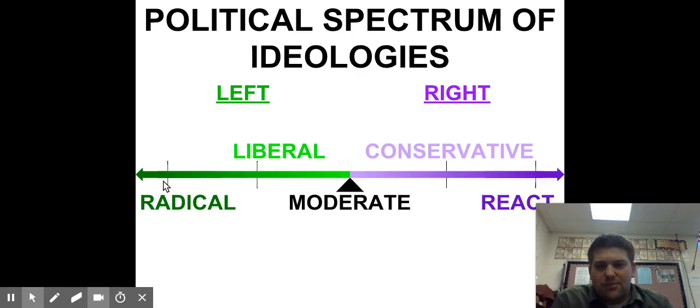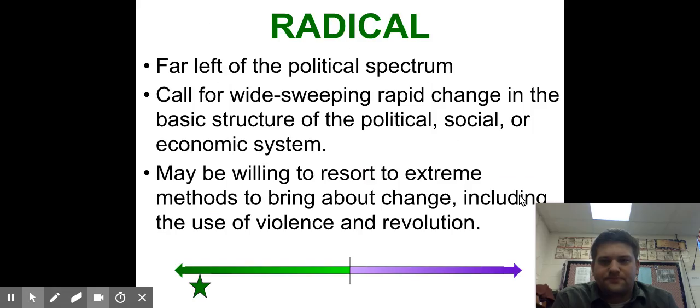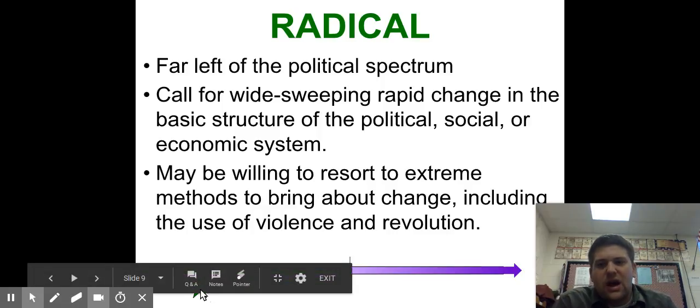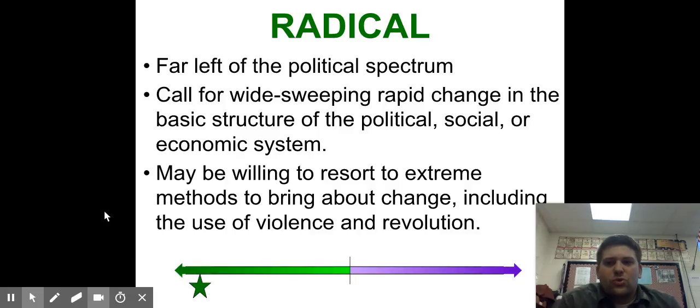So we're going to go through and talk about radicals, liberals, moderates, conservatives, and reactionaries real quick so we can gain a general understanding of the differences between those. So a radical, they're way over here where this star is on the far left side of the political spectrum. And these radical liberals would call for wide sweeping rapid change in the basic political, social, and economic system